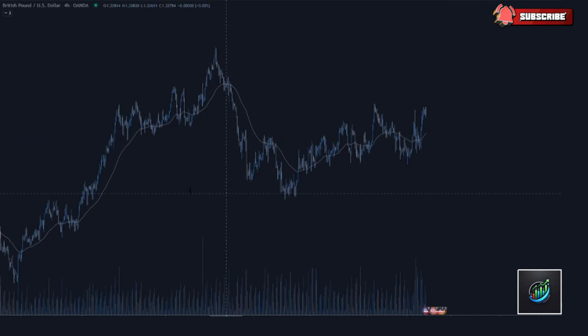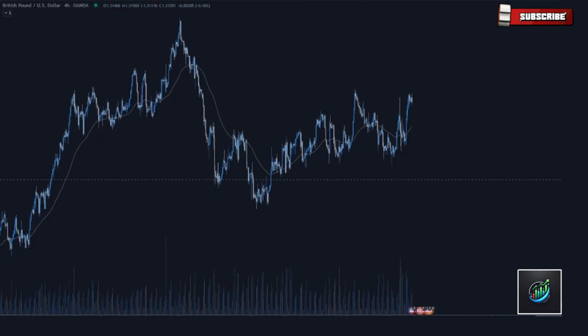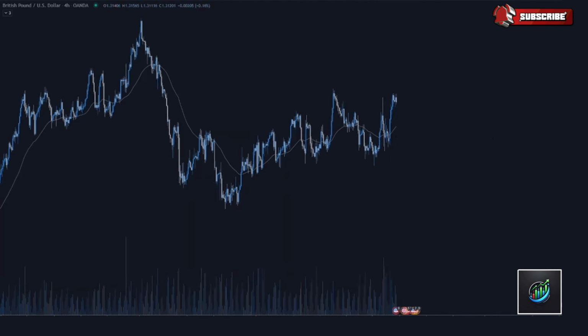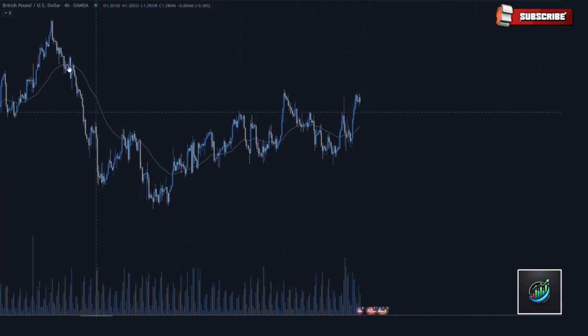Going into the 4 hour, we can still quite clearly see that we're making higher highs and higher lows. But recently we did break that structure to the downside, and we have most recently broken above it again, so quite a messy 4 hour time frame. If we were to delineate this particular section, we can still see that we've got these equal highs around the 131, 132 handle. We've got some imbalance to the left hand side here, and we have correctively moved up to this structure. Bullish momentum,